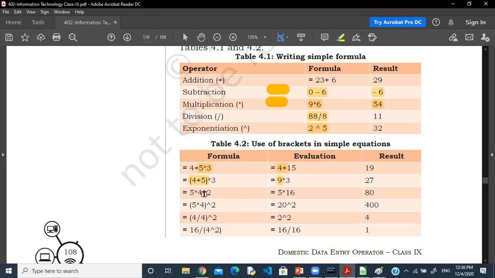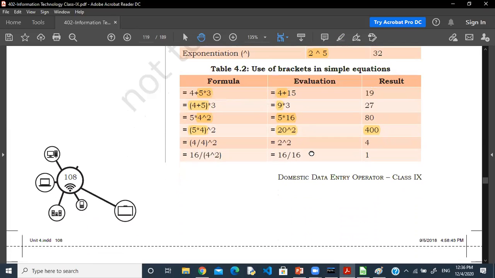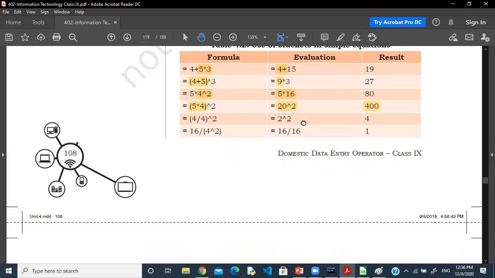You can see that. Now exponentiation, 4 to the power 2. So it's 16. 16 multiply 5, it's 80. And if I put the bracket here, then what happens? First, it's going to multiply and then it's going to raise to the power 2: 20 raised to the power 2, and it is 400. So now you understand the importance of the bracket and how to use the brackets to increase the priority of the operators or expressions.